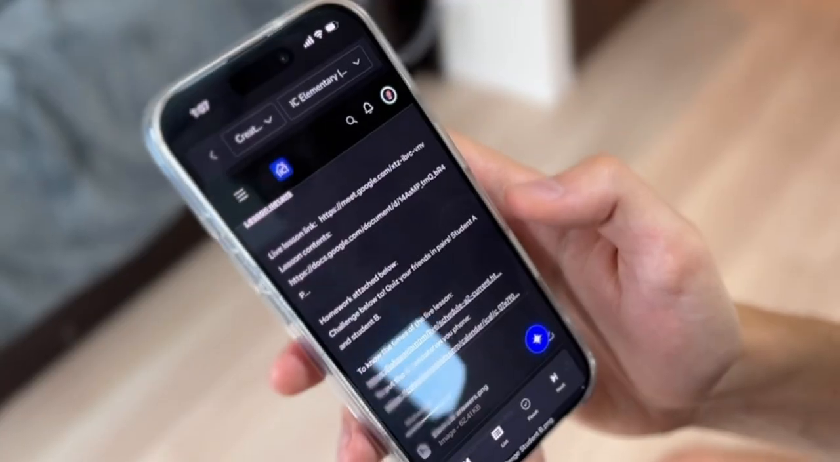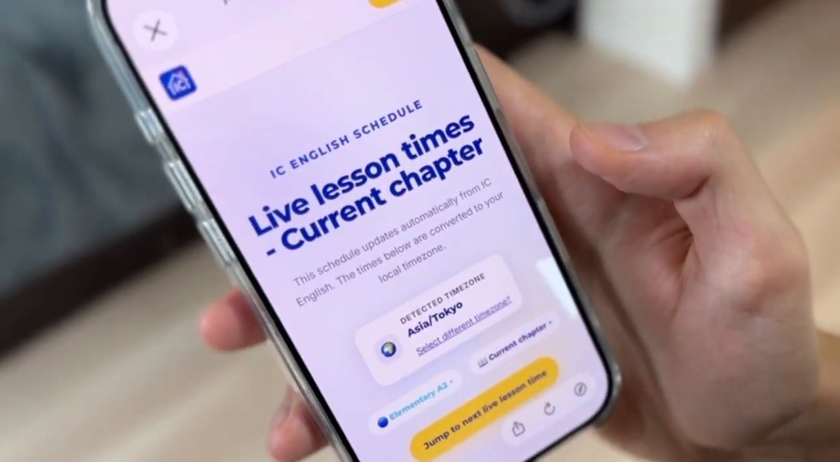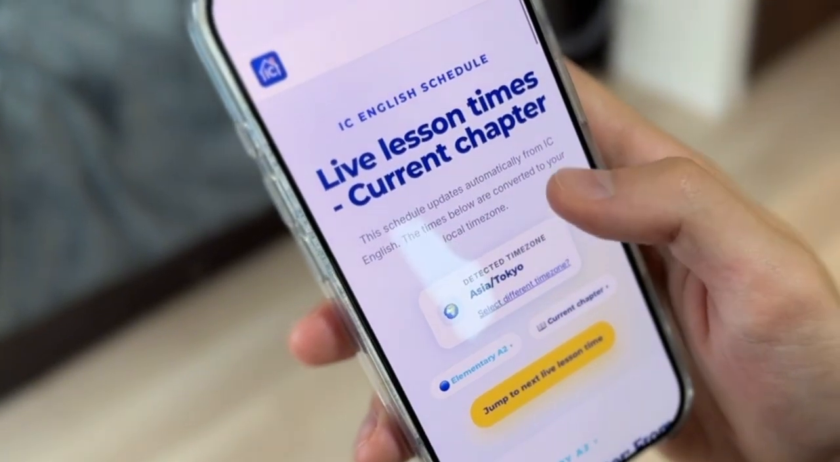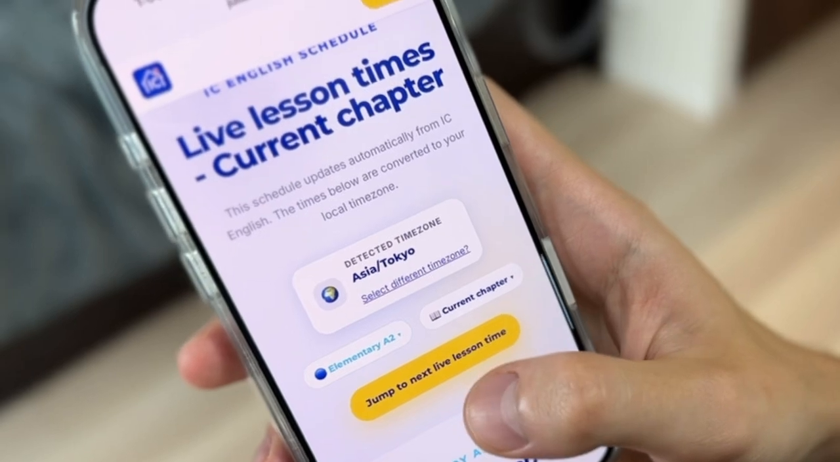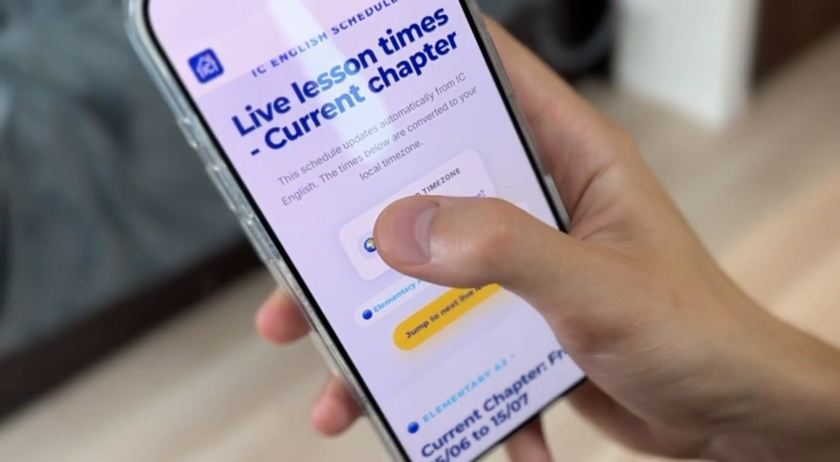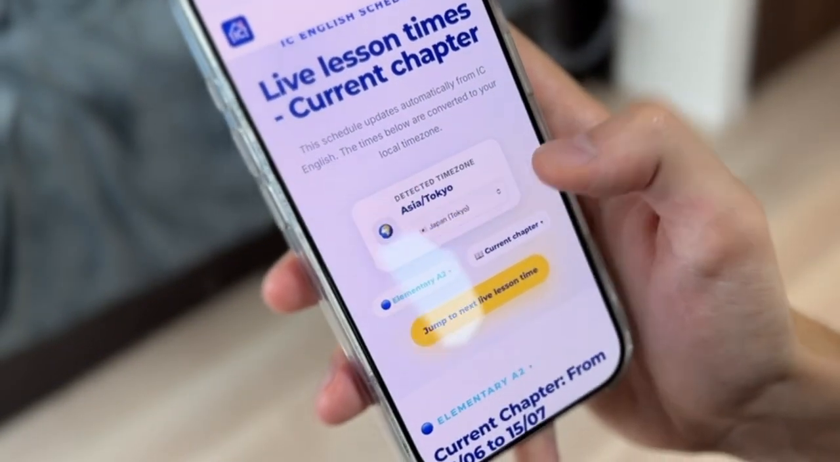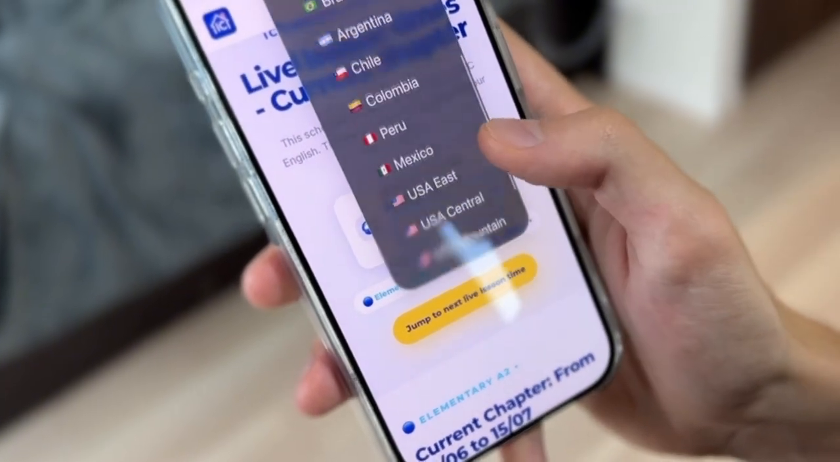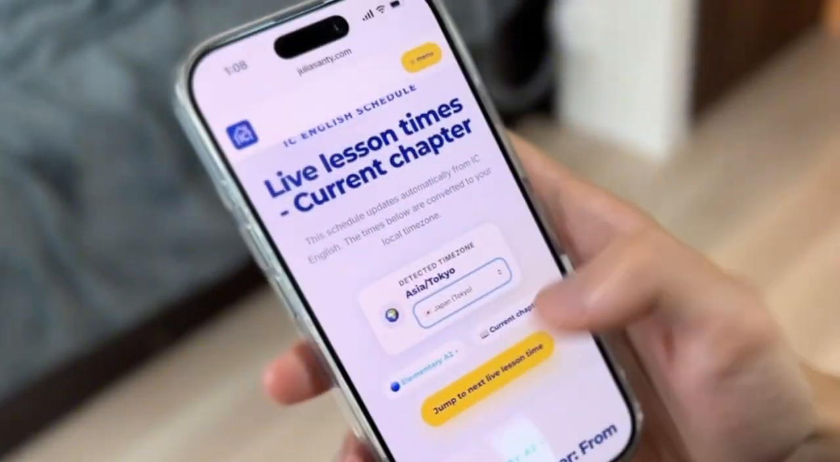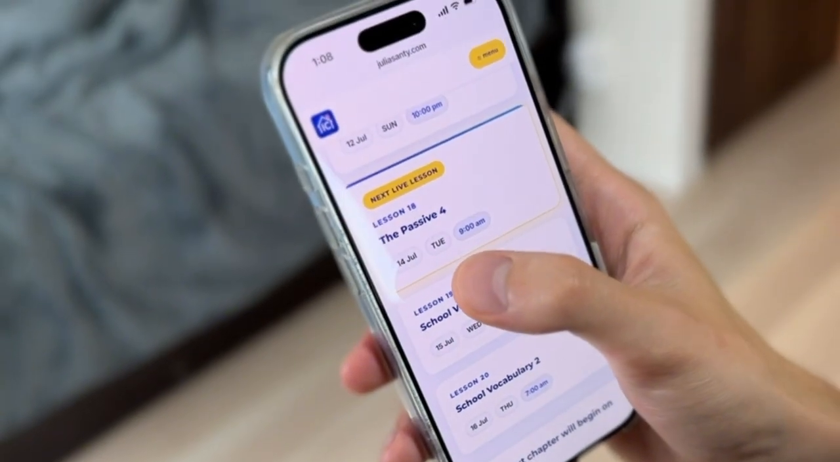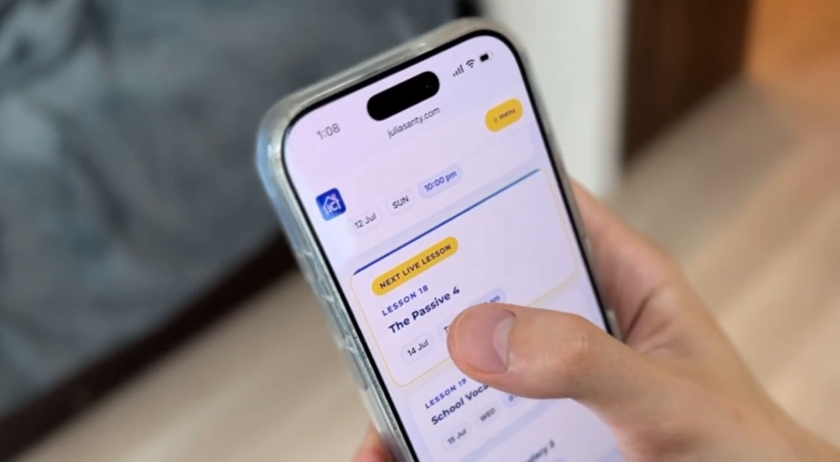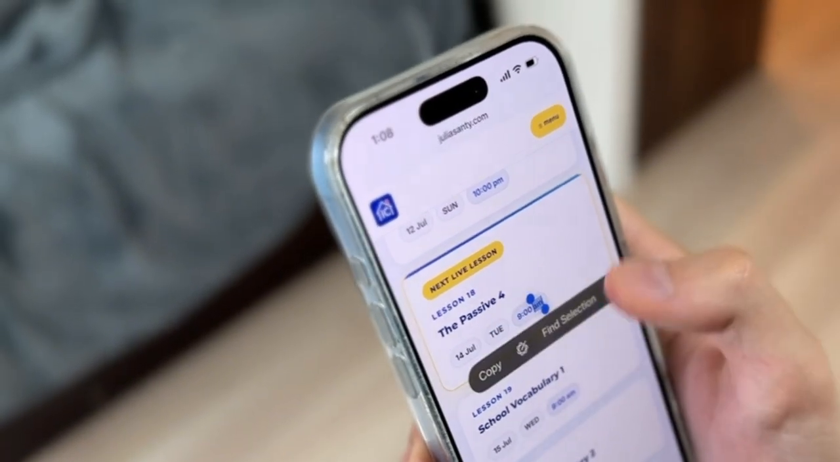Also, you can press this link here, which will take you to the live lesson times. You can see elementary current chapter. And if you press jump to live lesson time, it will take you to the time of the live lesson. You can see my time zone is Asia, Tokyo, but you can change to whatever time zone you like, wherever you may be in the world. Press jump to next live lesson, and you can see the next live lesson. For me, in my time zone, it is 14th of July, Tuesday at 9 a.m. That is the exact date and time where you need to go to the lesson and click on that link